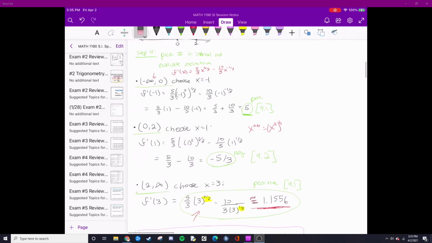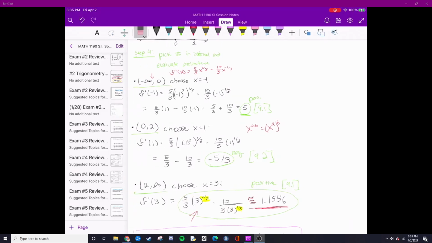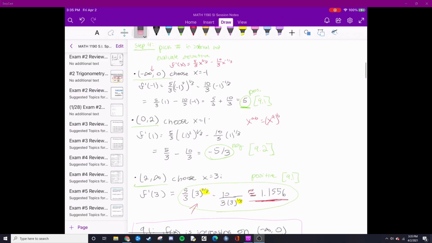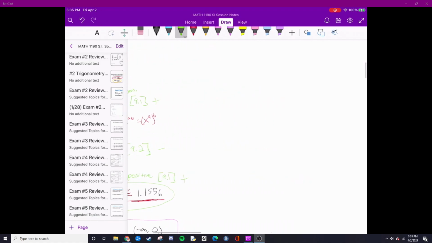All right, so we are going to cover 9.3 from the practice exam. After step 4, we are evaluating each interval and determining if it's positive or negative. So we know our first interval, negative infinity to 0, is positive, our second one's negative, and our third one is positive. So our step 5 to figure out